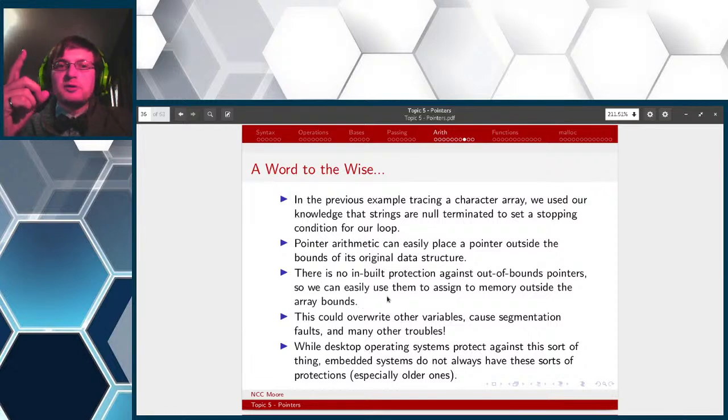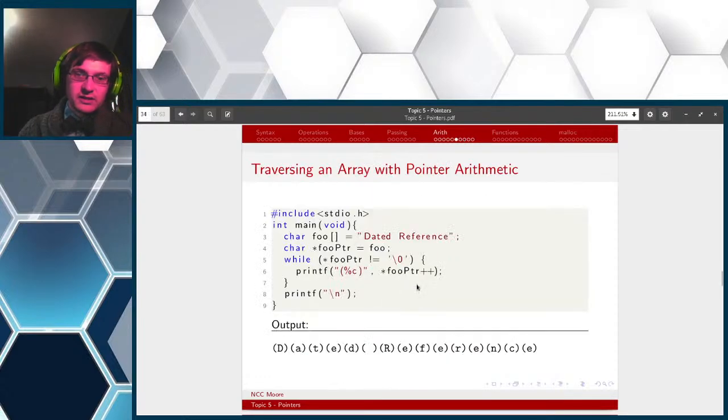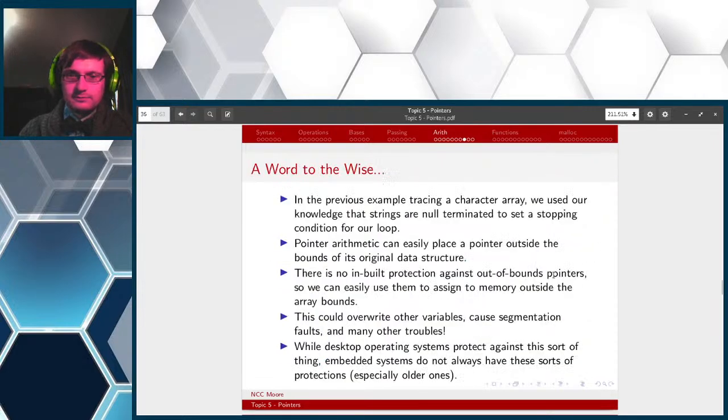In the previous example, tracing a character array, we used our knowledge that strings are null terminated to set a stopping condition for our loop. If you notice, we stop when the character pointed to is null. Pointer arithmetic can easily place a pointer outside the bounds of its original data structure. You can imagine if you were